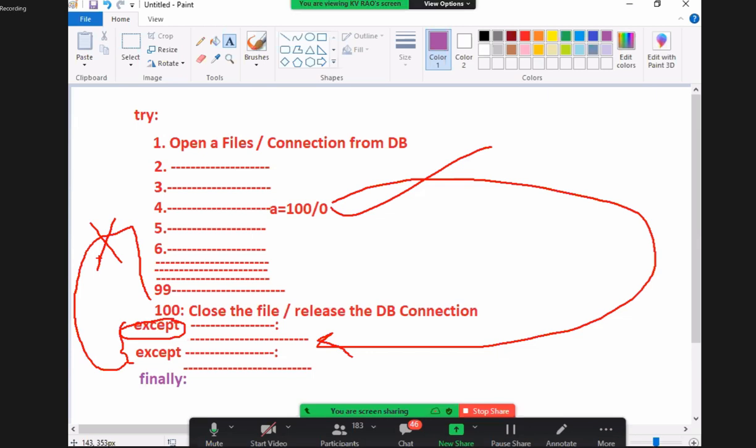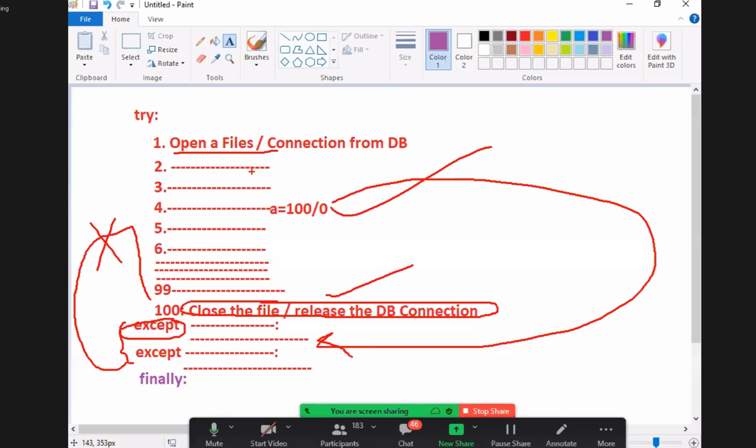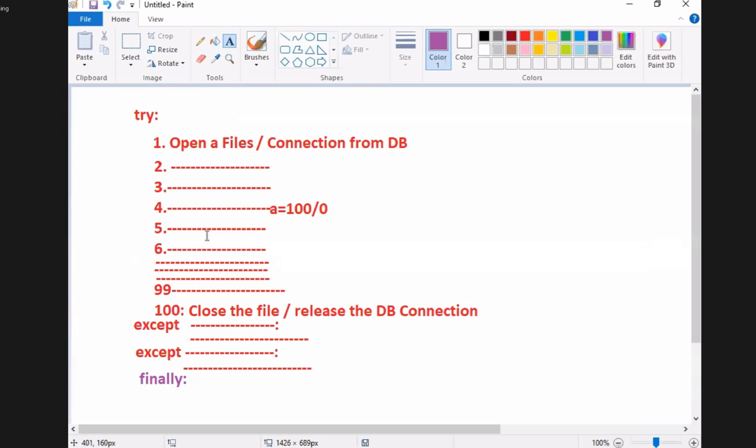Simple. You asked your friend to give his room keys. He has given the keys. You got an urgent phone call, you went out without closing the doors. What will happen? Some theft may occur. Something like that. Once you open the file, it is mandatory to close your file. It is your responsibility to close your file. Otherwise, the file data will become inconsistent. Now tell me, is it better?